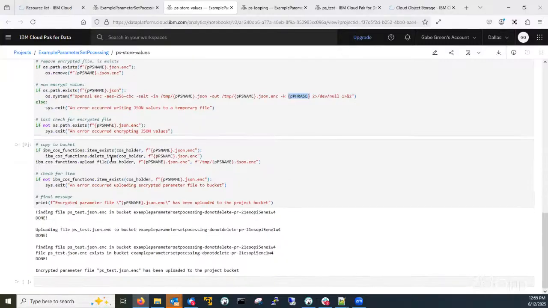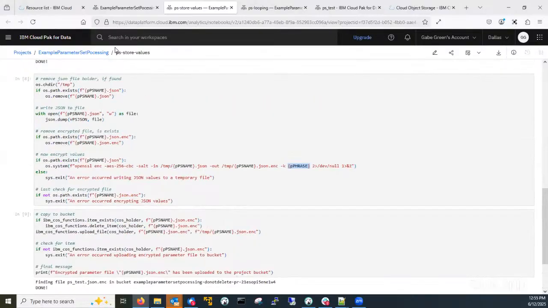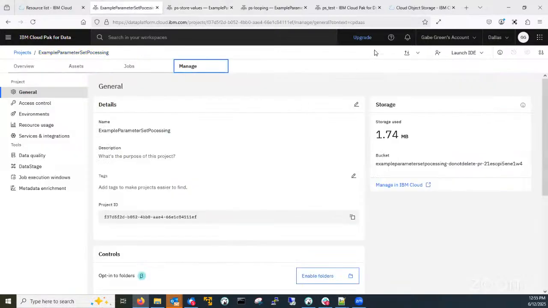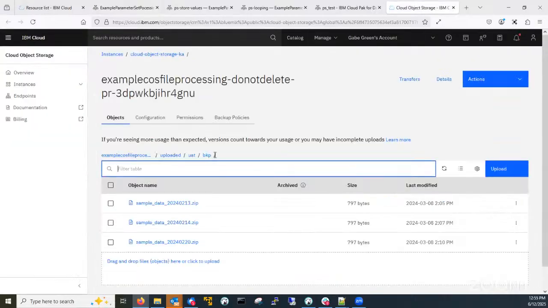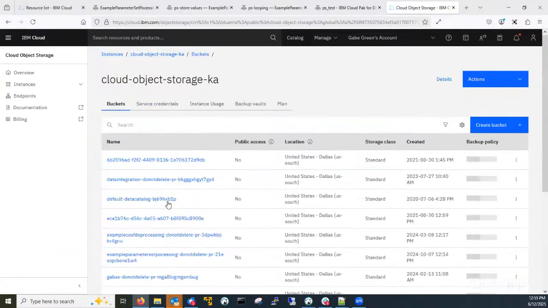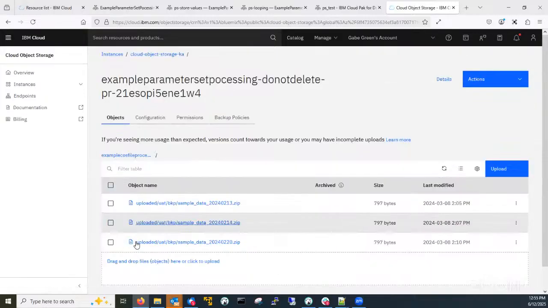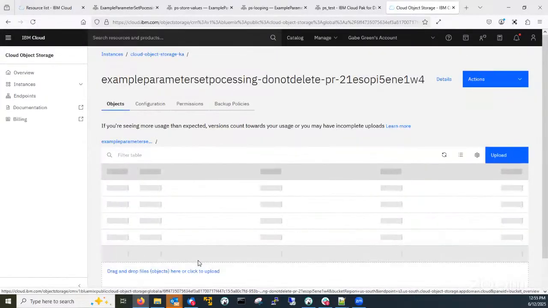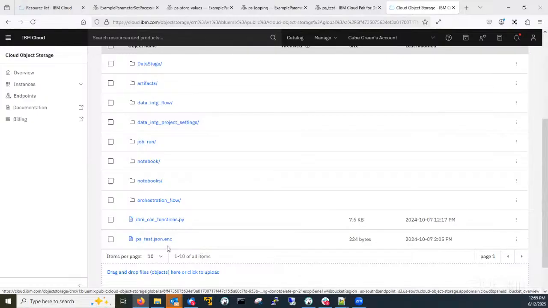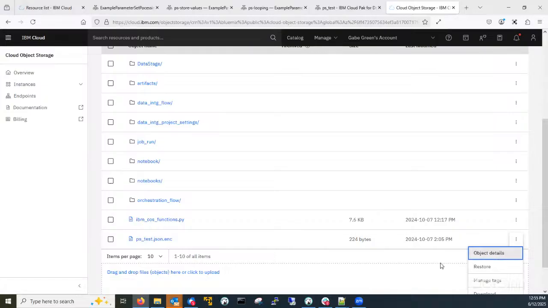Right, and now I'm using the cloud object storage, and what I'm doing is saving the encrypted values. In this case, the bucket that's backing this is example parameters of processing do not delete 21W4. Example parameter set 21W4. And here's my encrypted values. So if I were to download those,